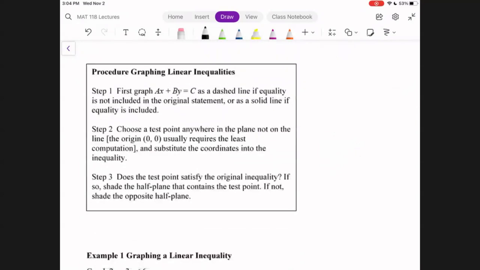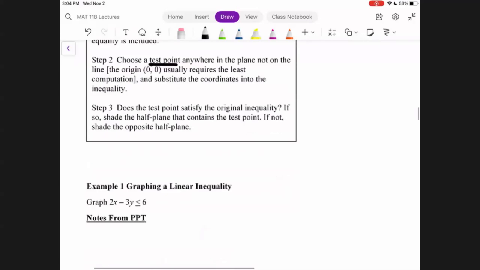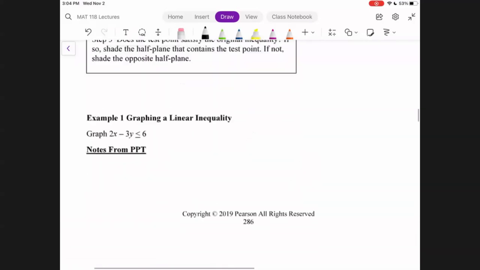So this is just the process. You graph your line first, and you want to think either you're going to shade on one side or the other. So then you have to choose a point that's not on your line, it's on one side or the other, okay? And then if the point works in your inequality, then that's the side you're going to shade. Okay. So for instance, if we look at this,